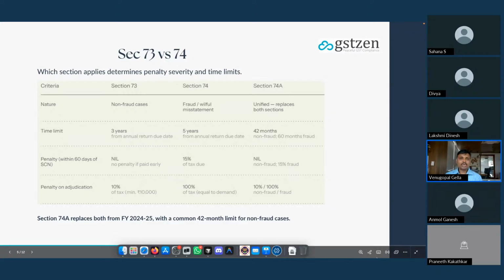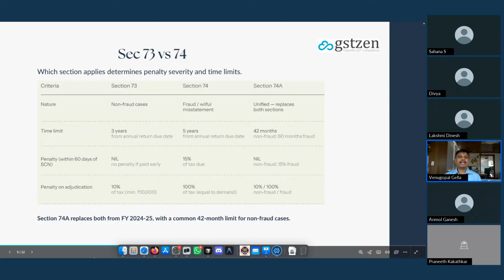In case of section 73, the notice should have been served 3 months before issuing the order, so there should be a gap of 3 months between the notice date and the order date, because I need an opportunity to respond. In case of section 74, there needs to be a 6 months gap between the notice and the order.